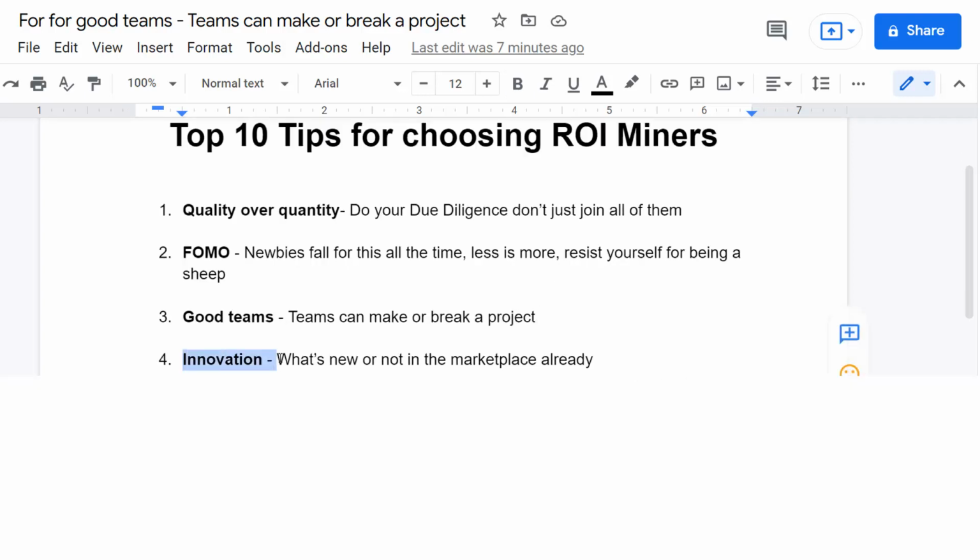Number 4, innovation. So this is really important. Some of them are starting to innovate now. You'll see more innovation. At first, when these ROI miners launch, everyone can just launch them. The first 2 or 3 will just go off because it's a new thing. We saw this with shitcoins, right? Any type of shitcoin that would launch would just go off 10x. But as the market starts to dilute and more of the shitcoins come in, it's going to be harder and